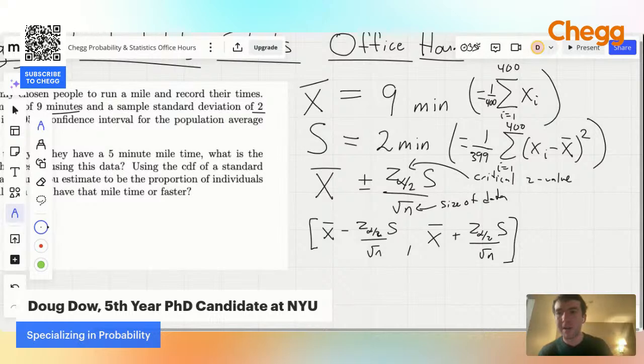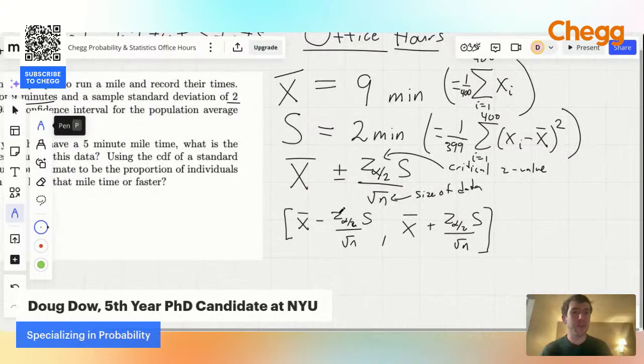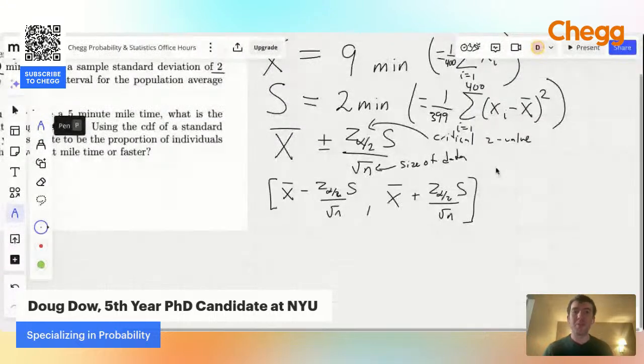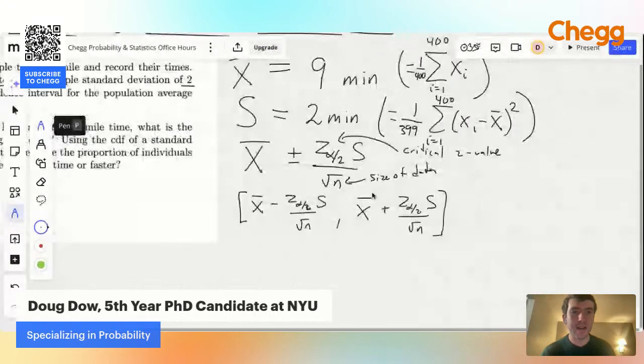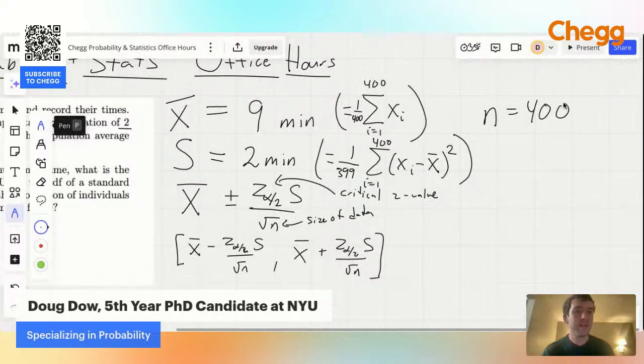Okay, so this is how we're going to get our confidence interval. So let's just plug in these numbers here. So we already know x bar, we already know s. Let's plug in, so n is going to be 400. That's given to us. And the z alpha over 2, what is alpha here? Alpha is the confidence level. So here, alpha will be 0.05, which it often is. This is what's called the confidence level. This is the probability that we're going to be incorrect, that the population mean will be outside of our interval.